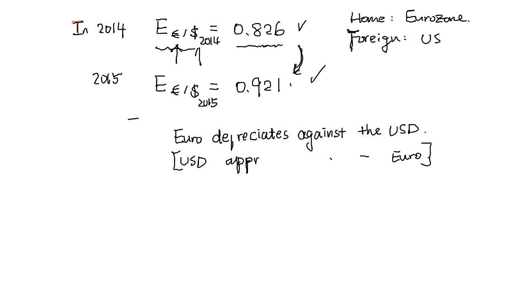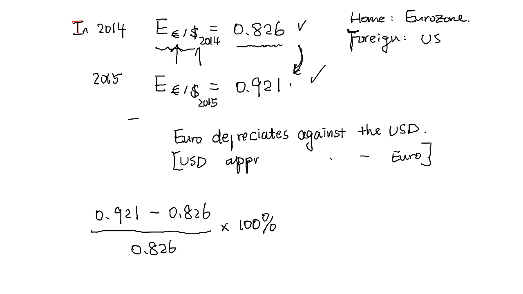We use the new exchange rate minus the original one, divided by the original one, times 100%. So that we will get this number times 100%. So that it's equal to